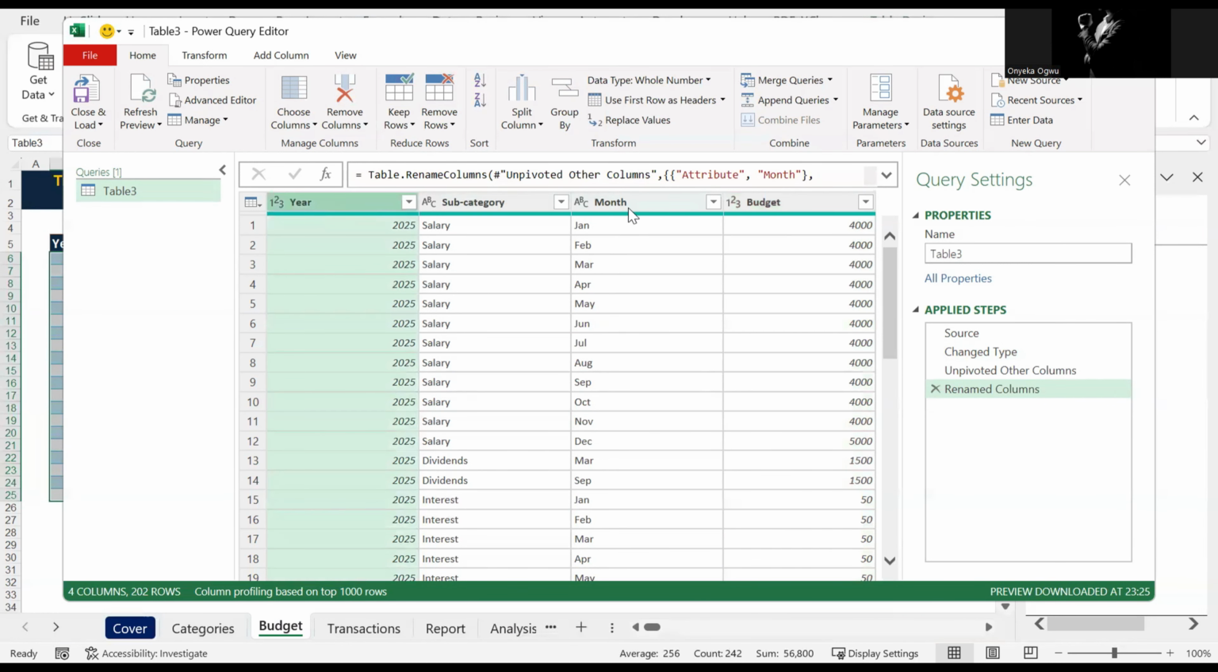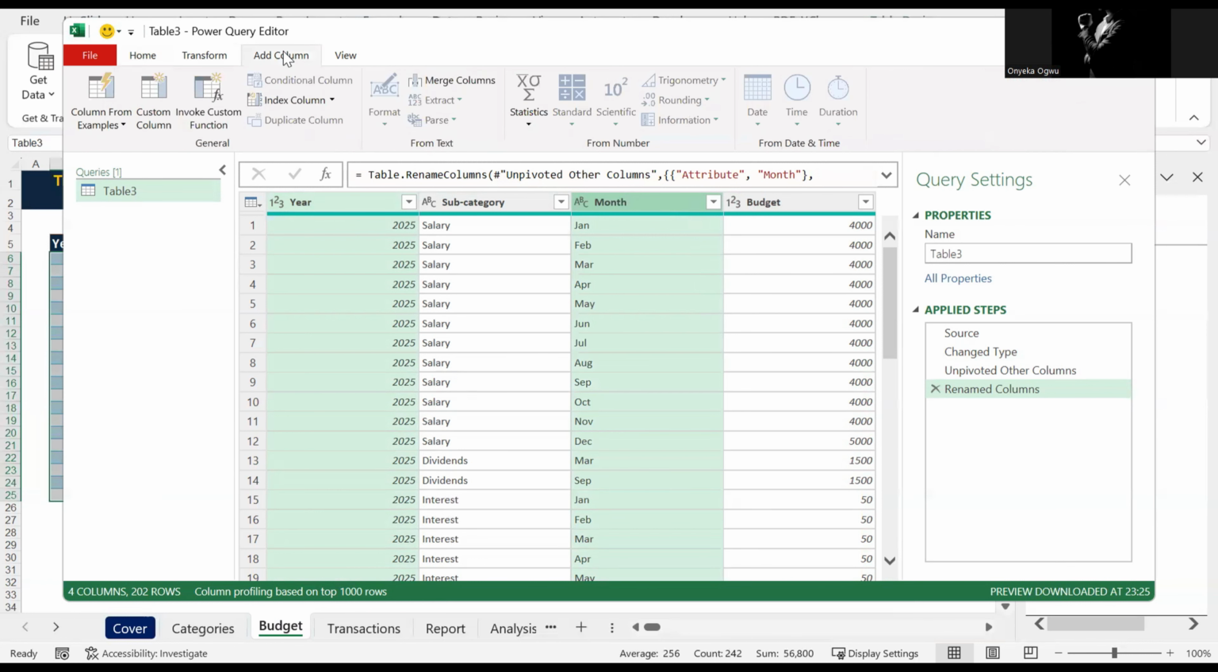Next thing I do, maybe I would like to create a date that has my month and my year together, right? So I'd like to add these two columns together, my month and my year, right? So what I'll do to add them together is